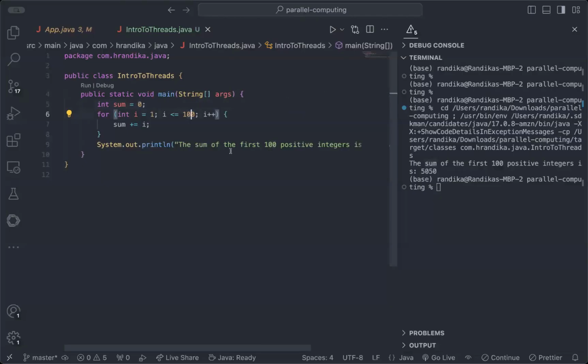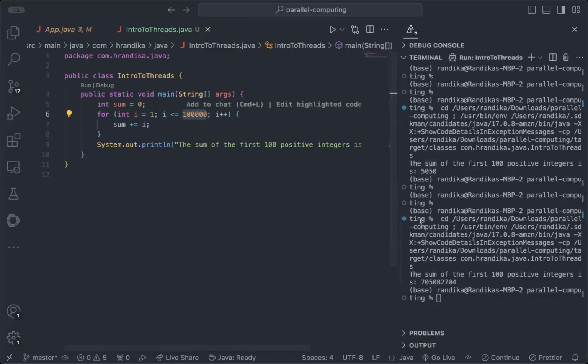So I can make changes in here, maybe 1,000, 10,000, or 1 million, based on the number of iterations that I go. It will calculate the numbers. You can see it's really powerful when it comes to calculating. I think I can go maximum,